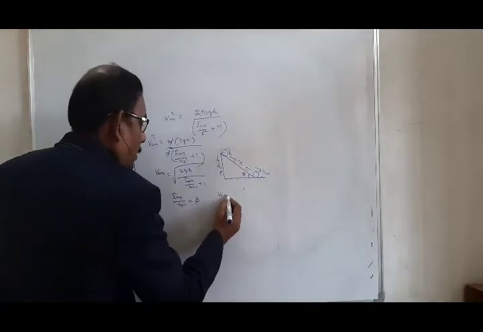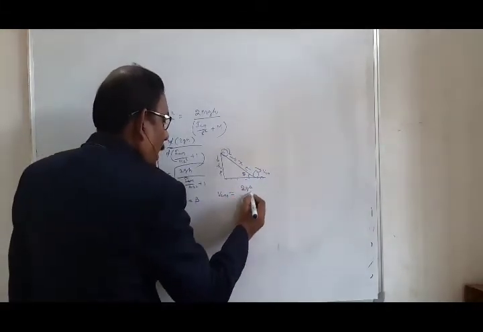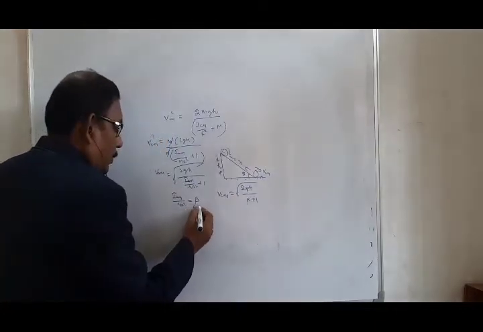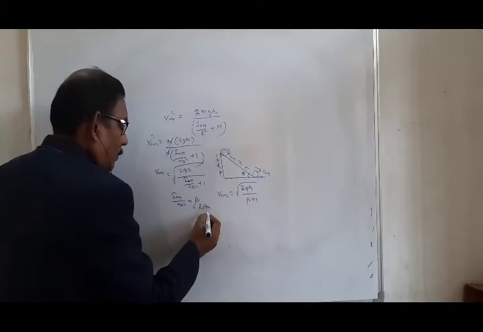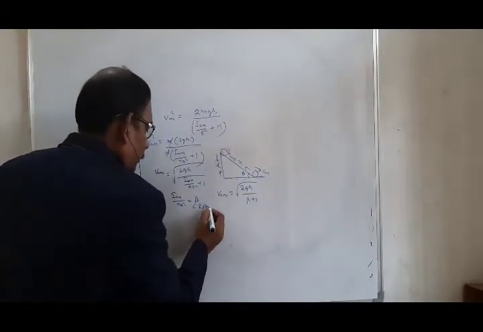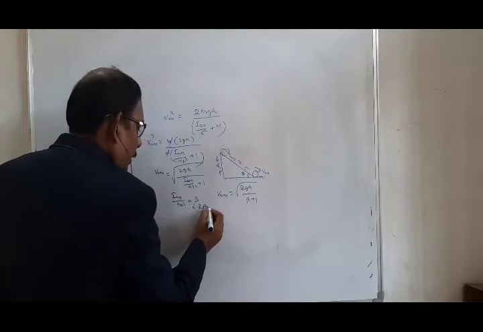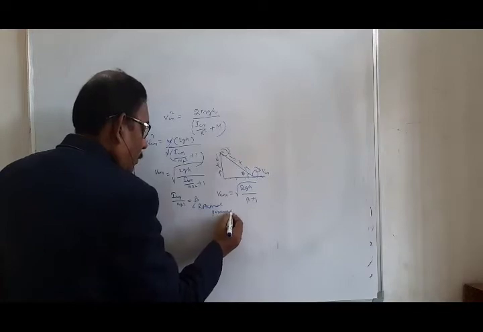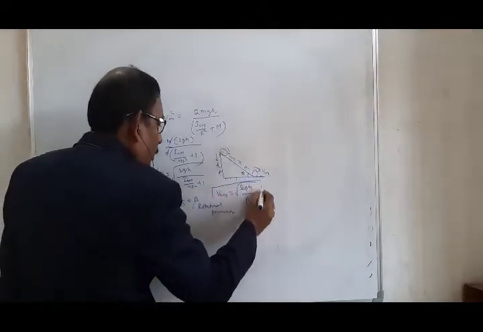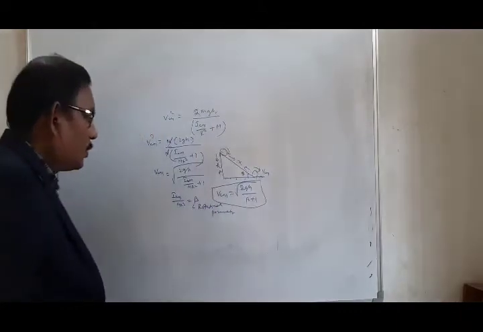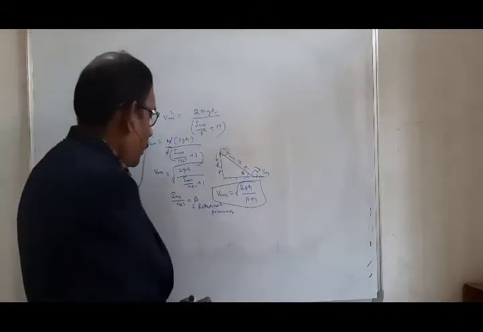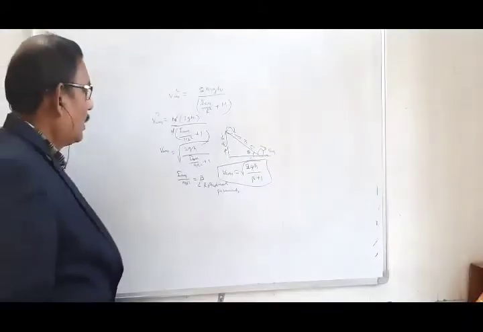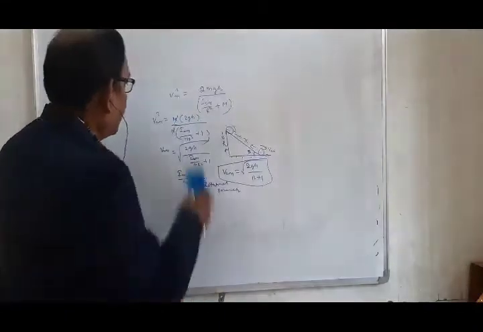Now V_CM equals the square root of 2 g h divided by beta plus 1. The beta is called the rotational inertia parameter, or simply the rotational parameter. So now the velocity equals the square root of 2 g h by beta plus 1, where beta is replaced by I_CM by m r square. Okay.